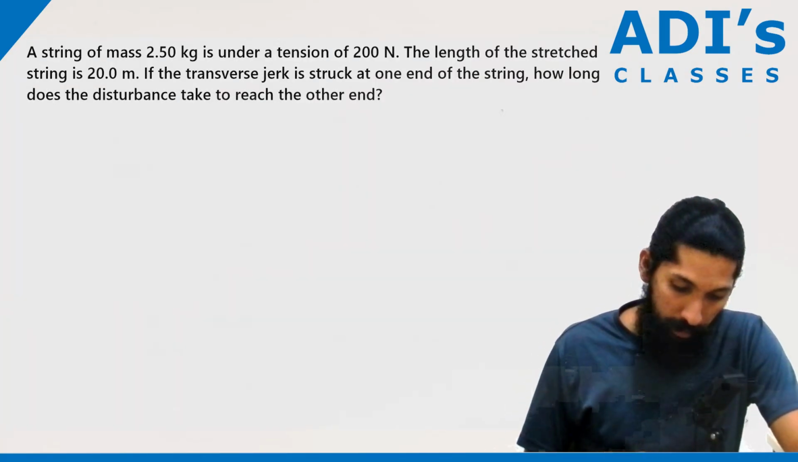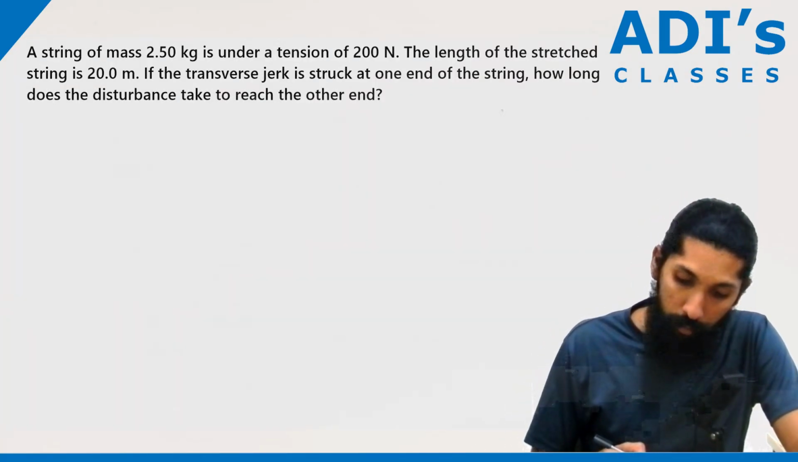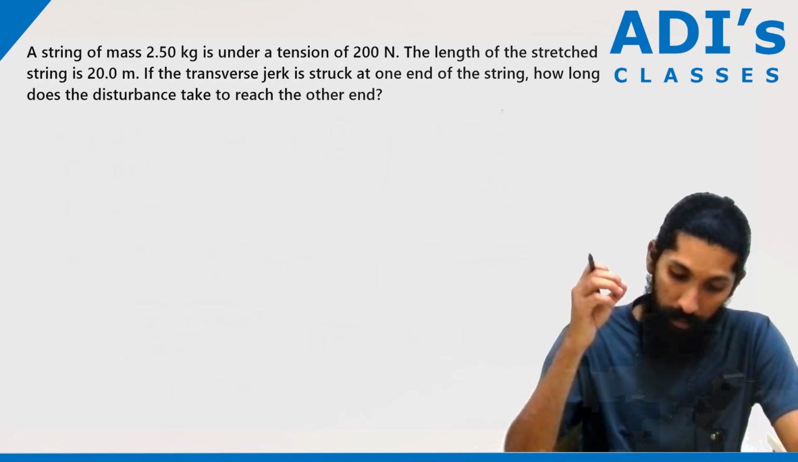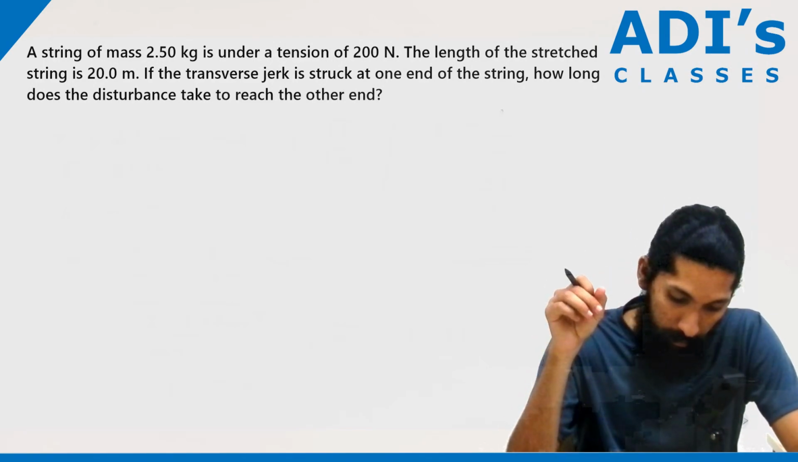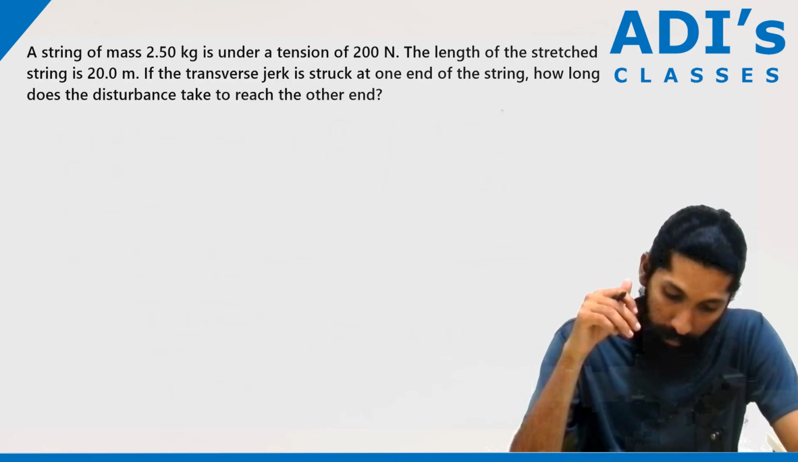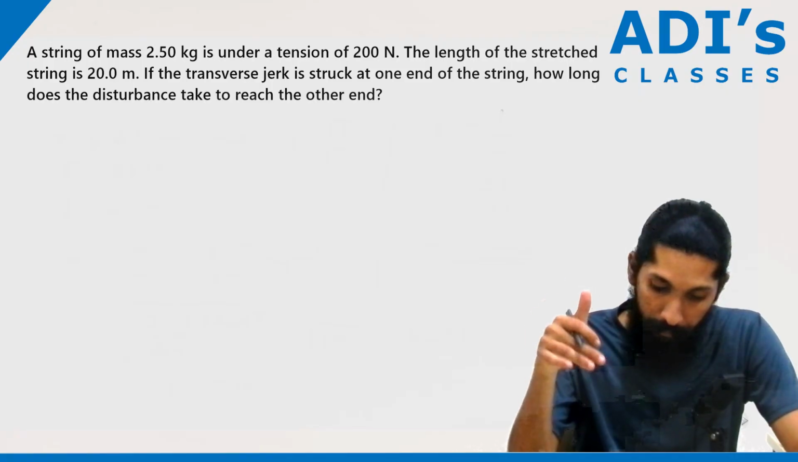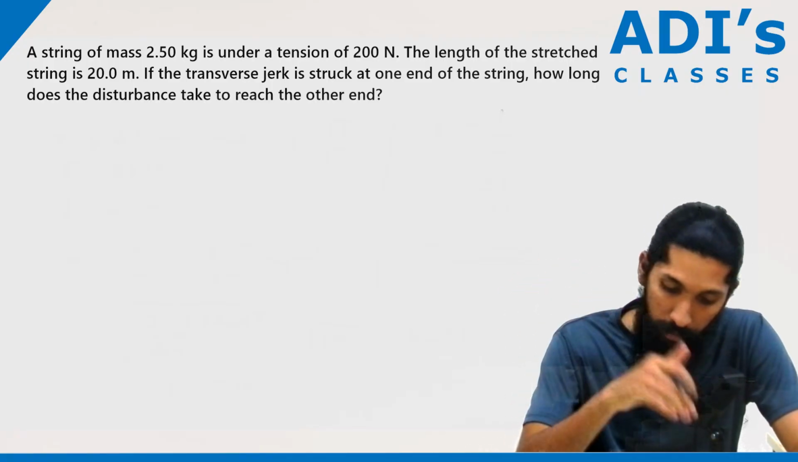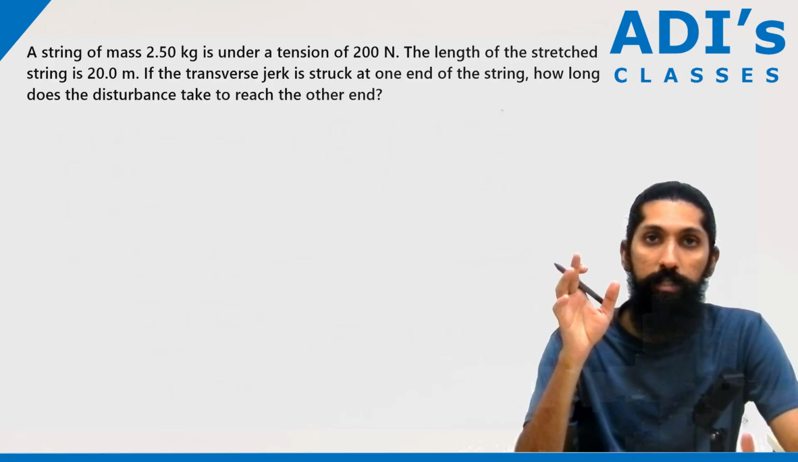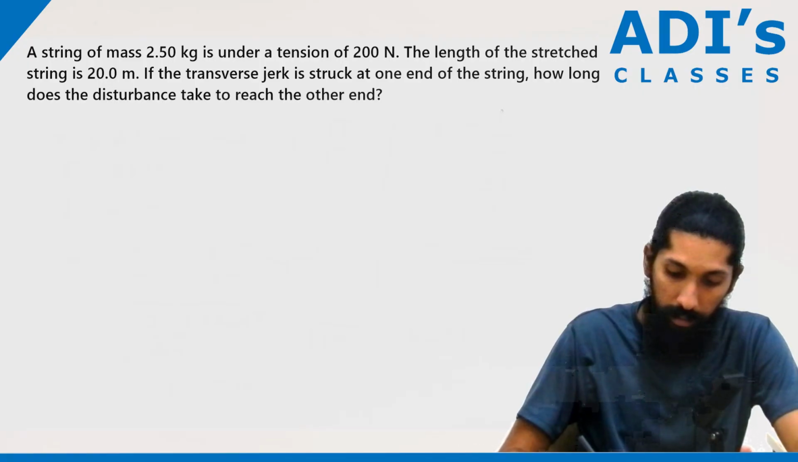Let's look at the first one. A string of mass 2.5 kg is under a tension of 200 Newton. The length of the stretched string is 20 meter. If a transverse jerk is struck at one end of the string, how long does the disturbance take to reach the other end? So basically, you have a string like